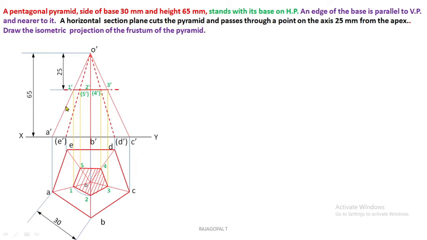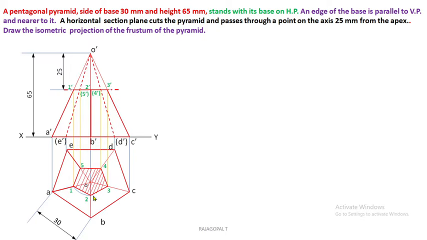Now the remaining portion of the solid, we can see the surface of the solid below the section plane is the remaining portion. So we can convert the remaining portion of the solid into continuous thick lines. Similarly, you can check in the top view. Here 1 dash to A dash is the remaining portion, 1 dash to O dash is the removed portion. So we have to convert 1 dash to A dash into continuous thick lines in top view. So 1A is the remaining portion.